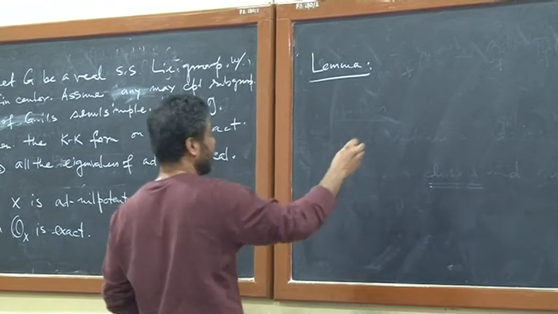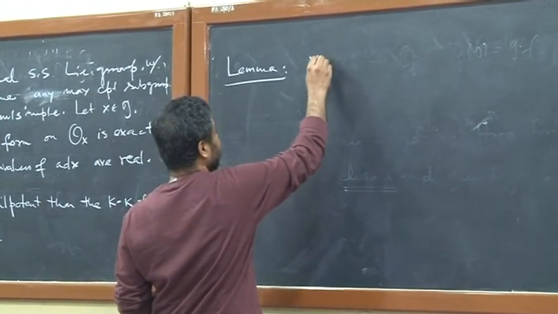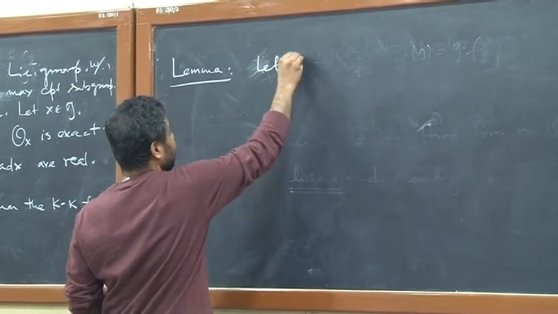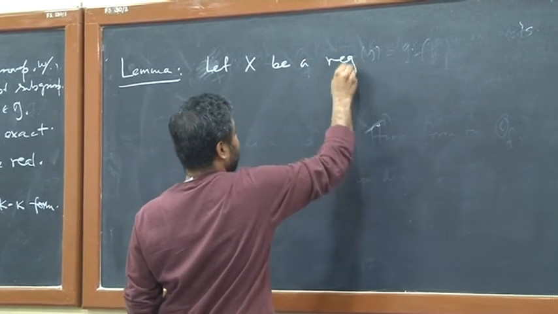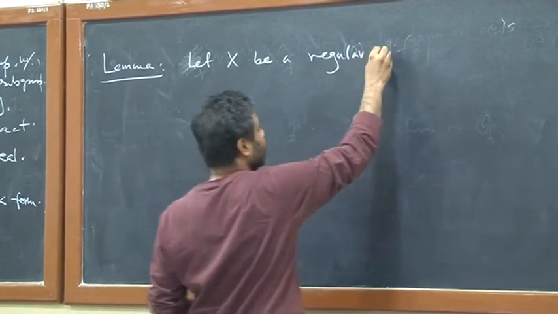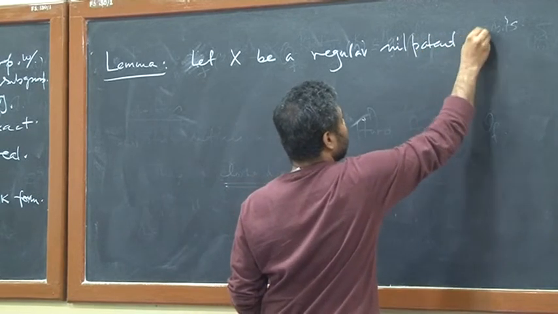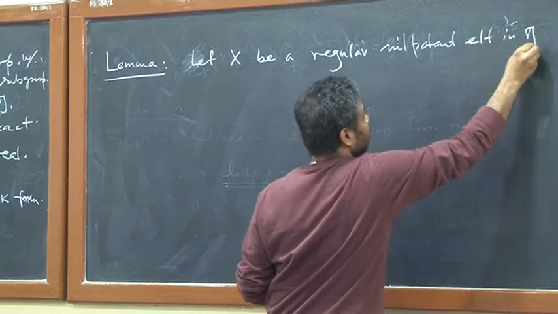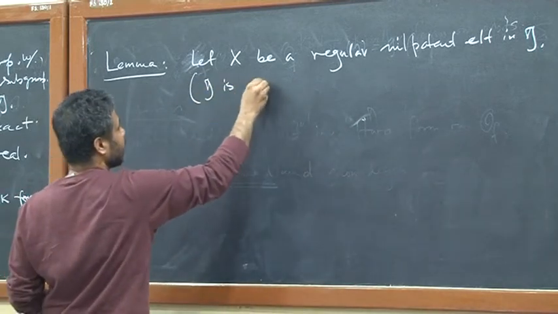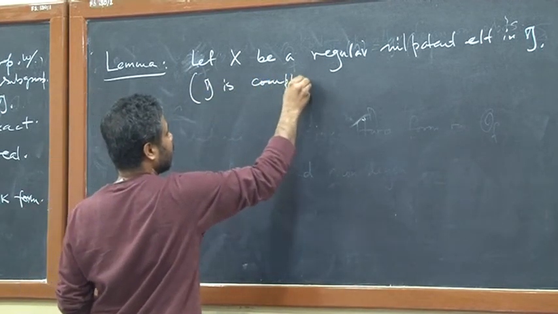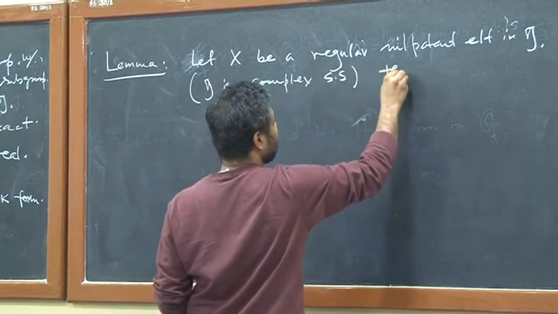But on the other hand, if I take x to be, so let x be a regular nilpotent in g. Here G is complex semisimple. Then